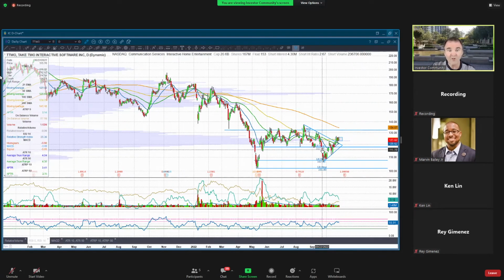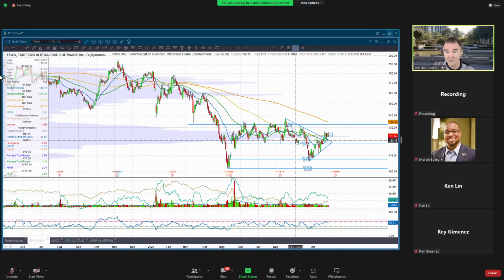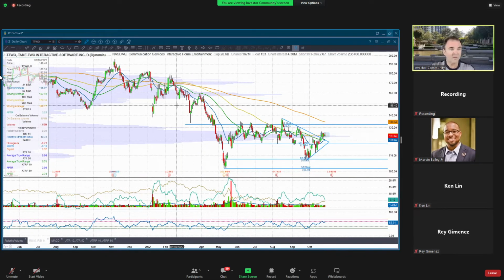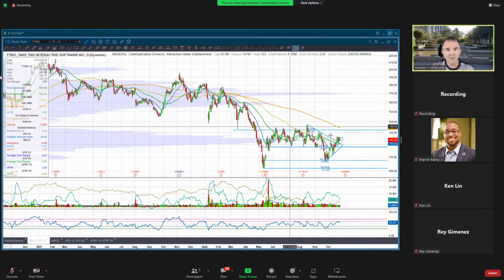But this looks like an opportunity to get in something at a decent price, something that might be a half decent investment. And technically it looks good here, and could start moving higher and continue higher. There's definitely room for this to move up. I think that anybody who's still in this now after this downtrend is going to be holding. They're not going to be bailing out as this starts to go up, at least not until we get up into this 170 level, which is like $50 away.